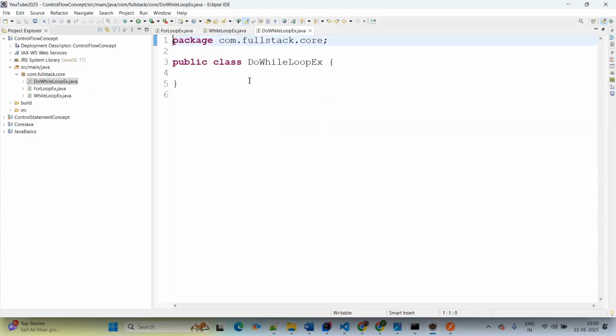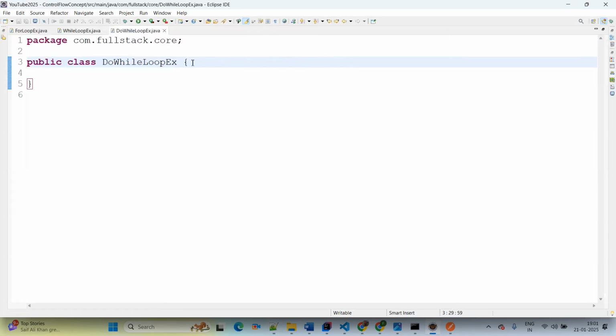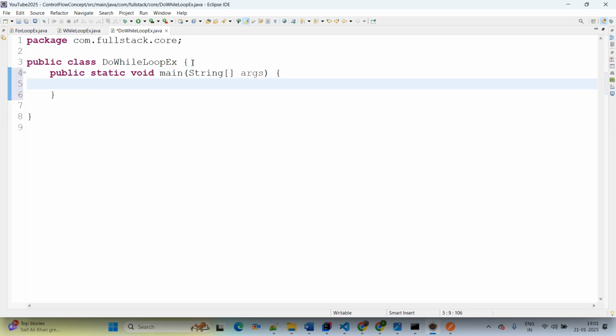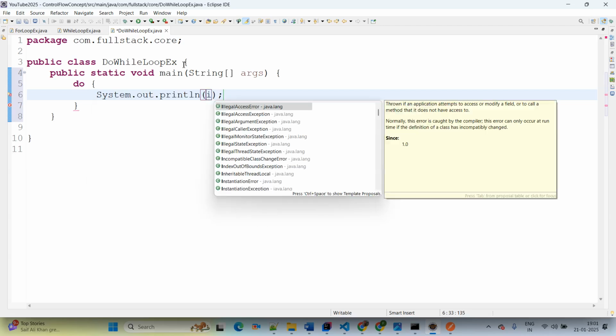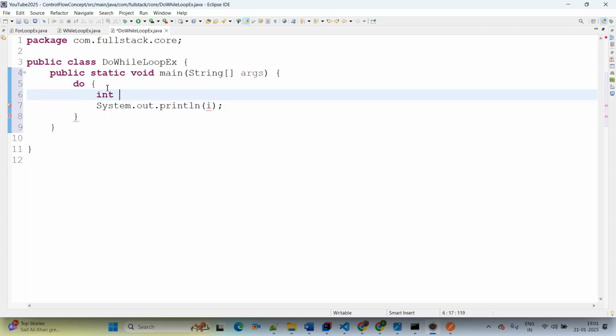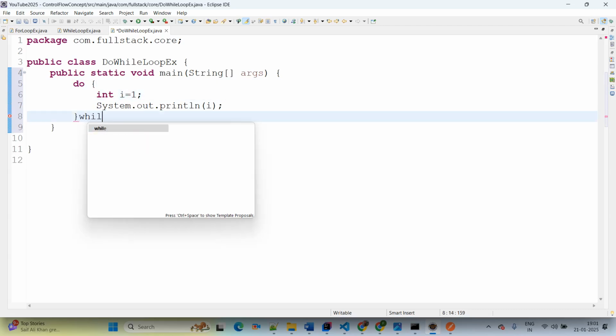It means first it will execute the statements, and then it will check the condition, and if the condition is not satisfied, then it will never come up with the do again. Then here I am creating the main method, and here also we are just printing 1 to 10 numbers. Then in do, I am printing the I value, then I will initialize int i = 1, initialization, right? Then here the syntax, you can simply add i <= 10,